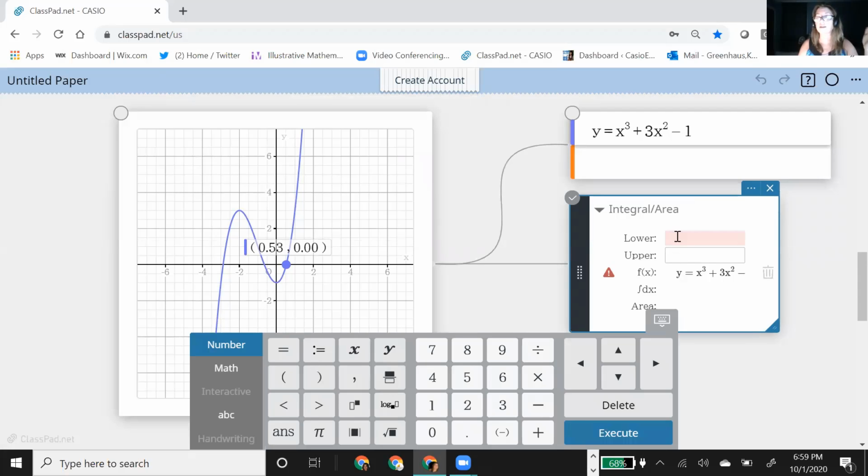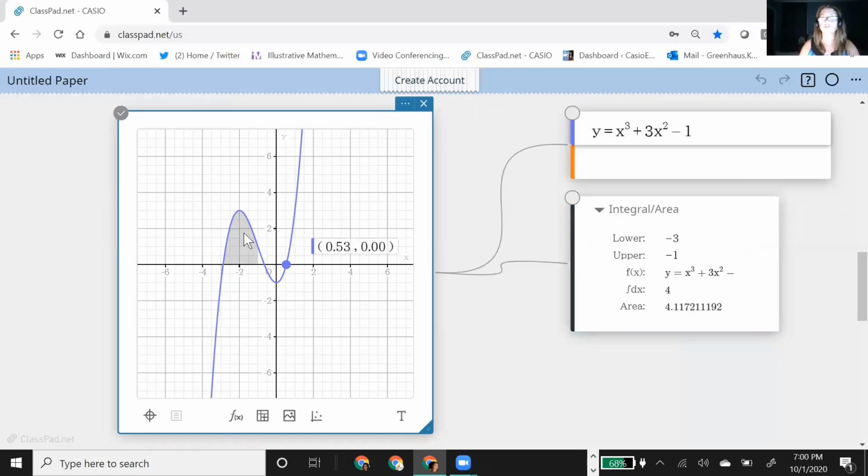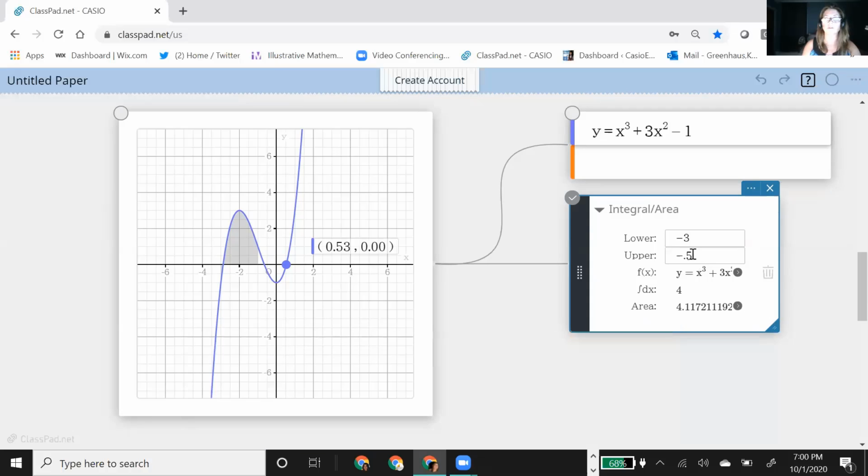So I'm just going to put some numbers in right now. So let's say I just want to find out between, that looks like -3 and -1. So my lower is going to be -3. So this is just a template that you're filling in based on where you want to look at the integral. So we're going to say -1. So I could enter numbers, and it's doing the integral between those two values, that lower bound and that upper bound that I gave it. And I could then go back in and change it and say, oh, that wasn't enough. Maybe it's -0.5. So that's a little bit better. So I could be playing around with it that way.